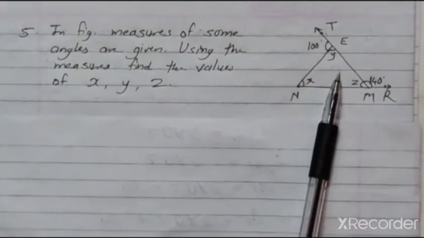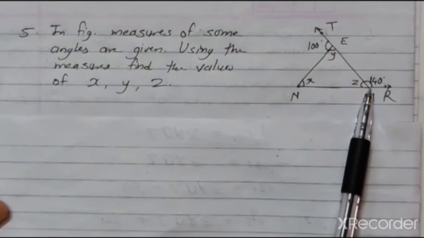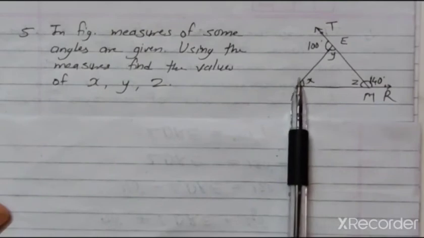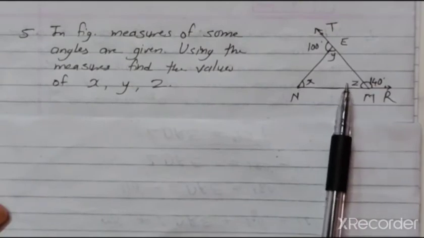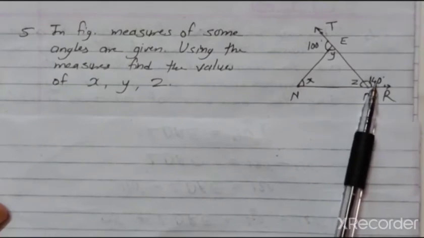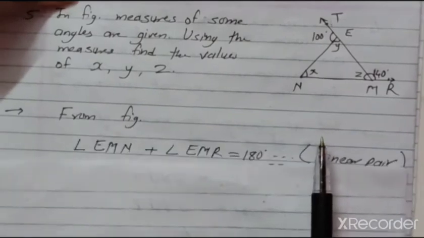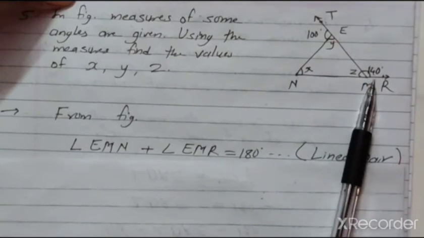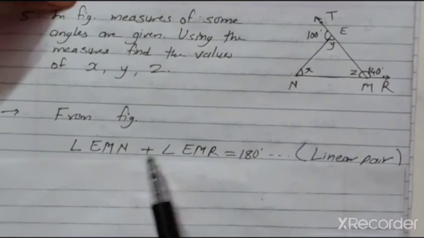So by using three methods or three theorems we can solve this question. Here I am first using this 140 degree and trying to find which angle I can find out its measure. By using 140 degree I can find the measure of z, because both angles are linear pair. By using this property, I am writing down the name of this first exterior angle, that is angle EMR plus angle EMN.